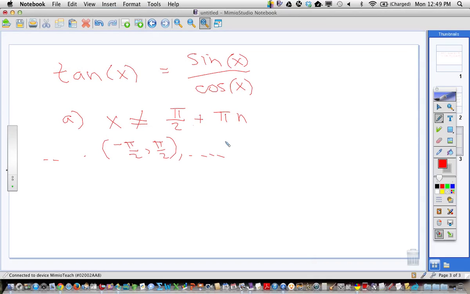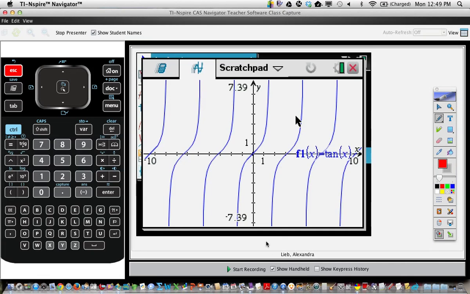The range in part B would be all reals, right? Negative infinity to infinity are all reals because if you go back and look at that picture, the y values go on forever, going both ways. Okay? Part C